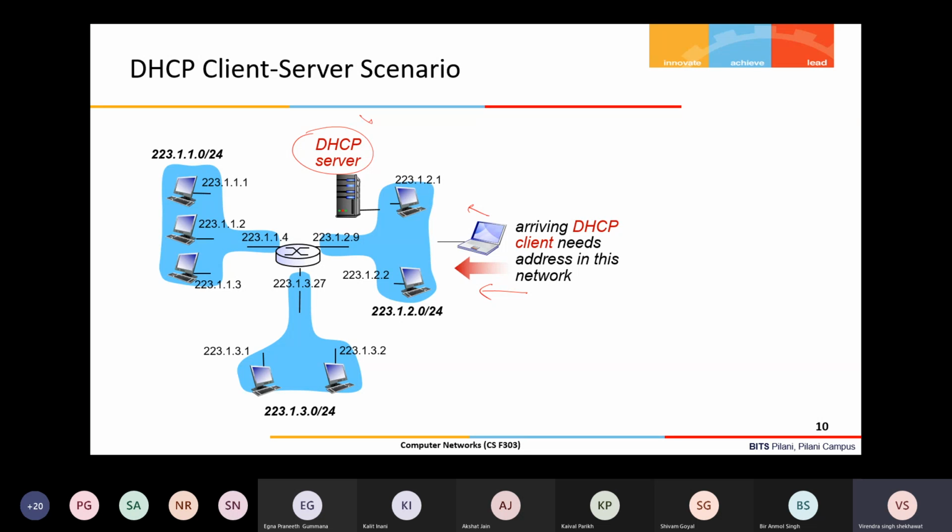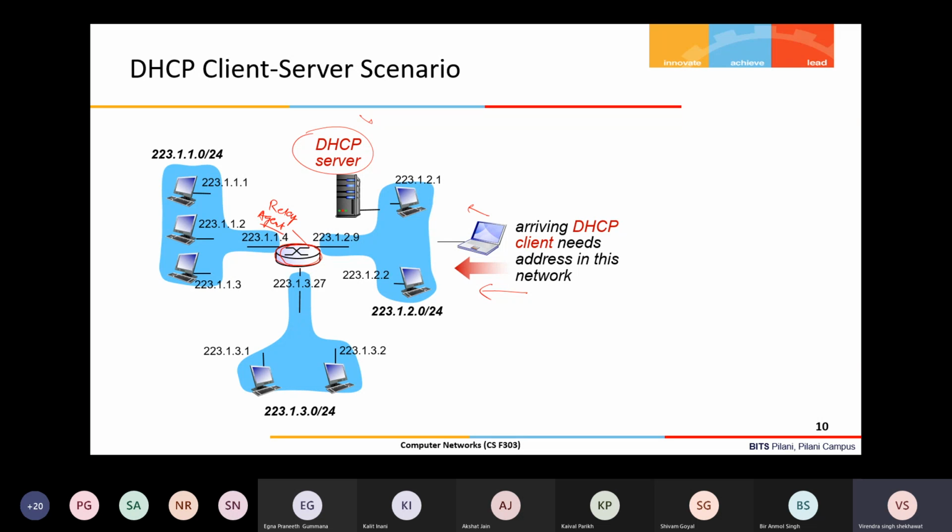But in a practical scenario, in your network, suppose you have 50 subnets, so 50 DHCP servers are required. That looks very costly, right? So it's better that there is one DHCP server in your entire network, and then a router through which this DHCP server and your different subnets are connected. That router has a relay agent basically, right? And that relay agent knows the DHCP server destination, means it knows its IP address.